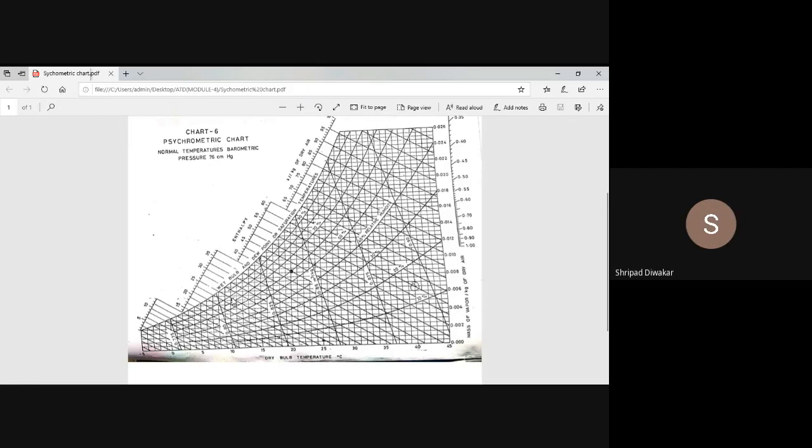Now, WBT line and enthalpy line are the same, you remember. Both are inclined lines only, and you see all the lines are inclined lines only. WBT lines and enthalpy lines are the same. But for enthalpy you are moving upwards, to get the exact value. Understood? WBT and enthalpy lines are the same, coinciding.